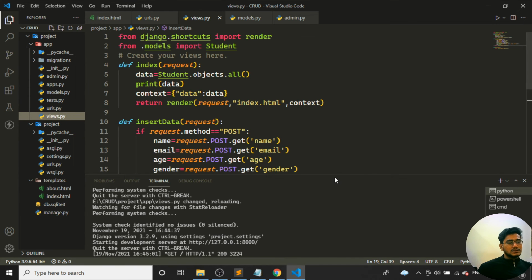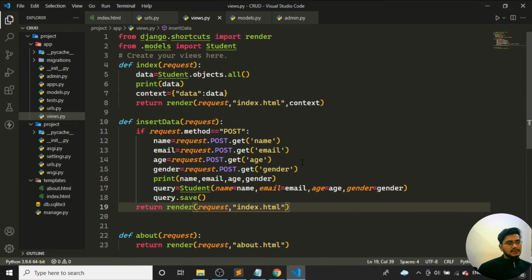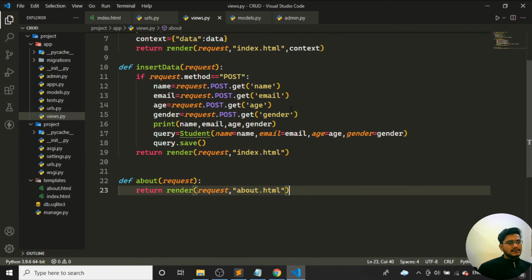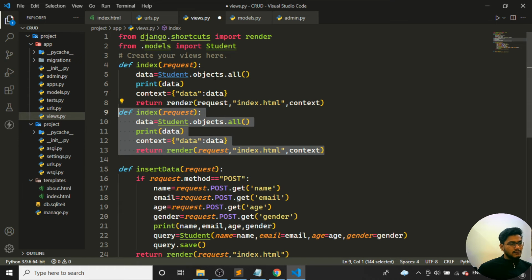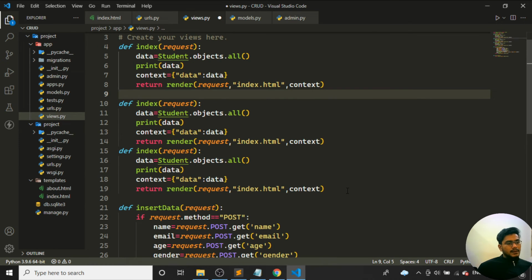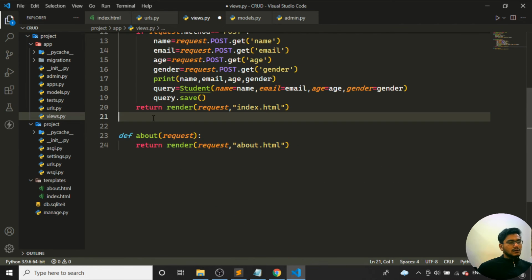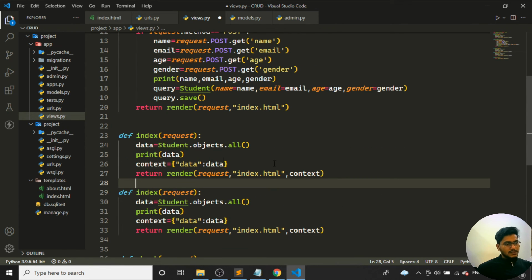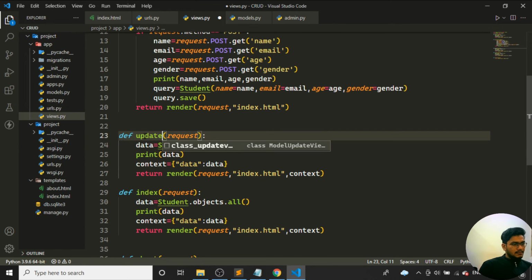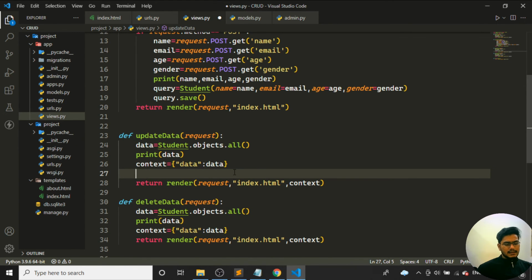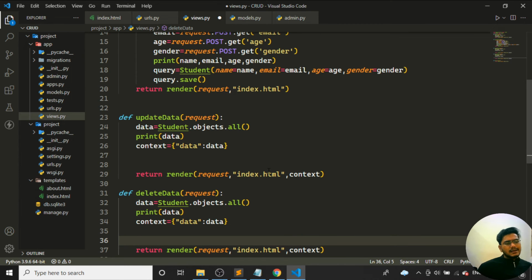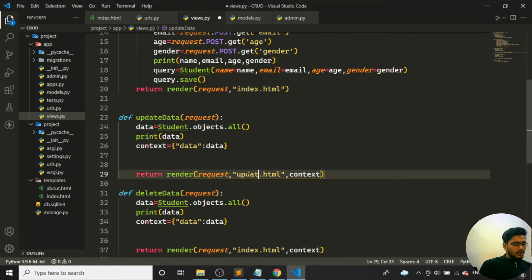I'll go back to my views.html page. Everything I'll copy same as it is here. Whatever things are there, I'll copy like this and create it like this. After copying it, I'll cut this particular code below. Let's say update data, and it will be delete data. It will pass the context. That is fine. It can pass the particular context. But one thing is, I'll say it should go to the update.html page.